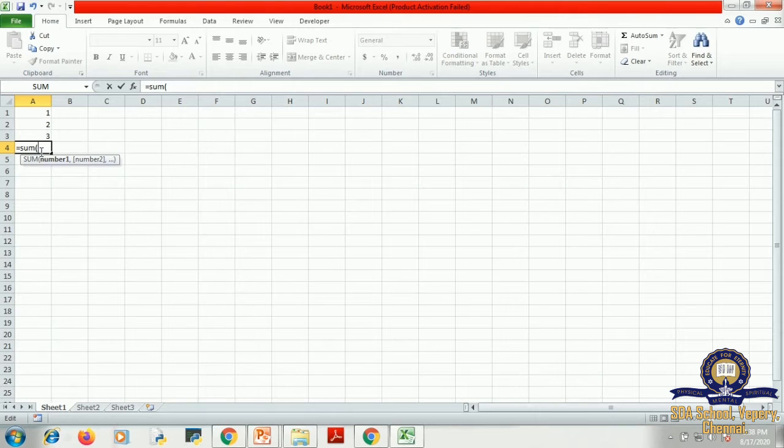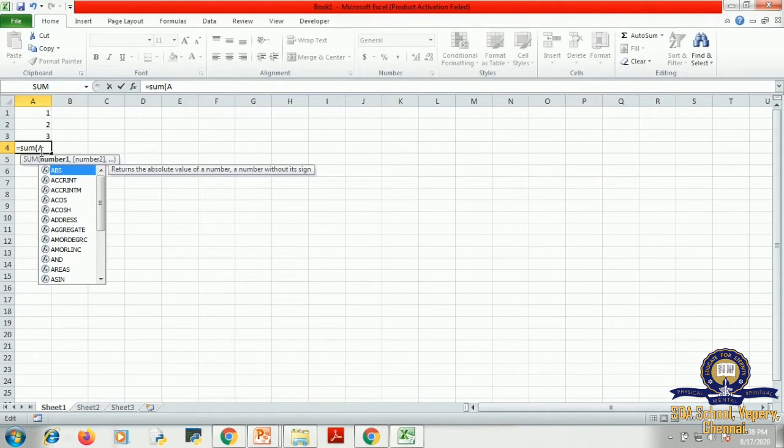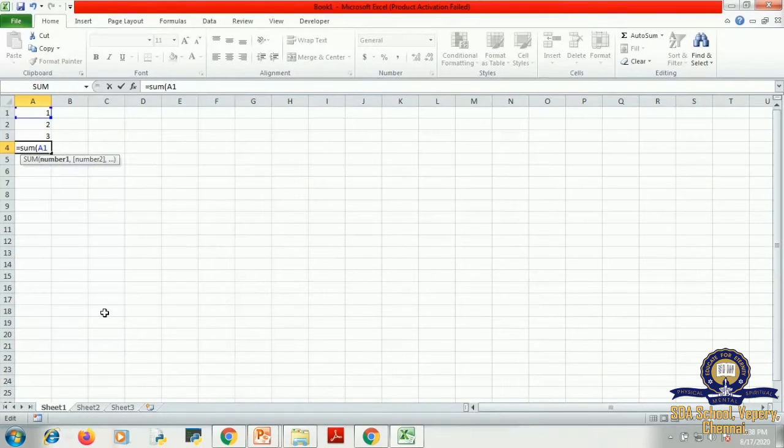The starting point will be A for me since it is column A, and here it is row 1. So A1, I'm going to give only the first and last cell. You see, while I'm writing the formula, it is showing me in 3 places.